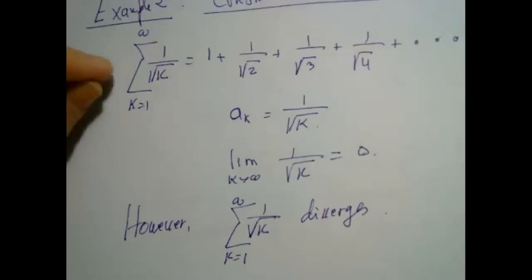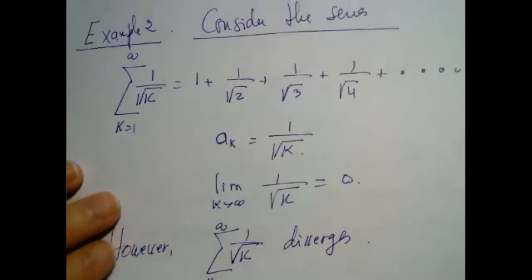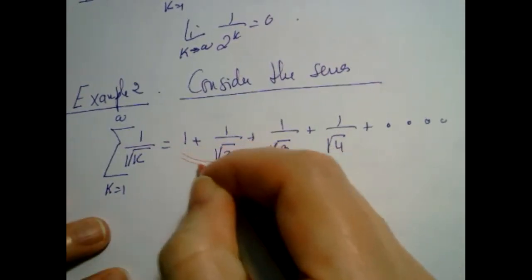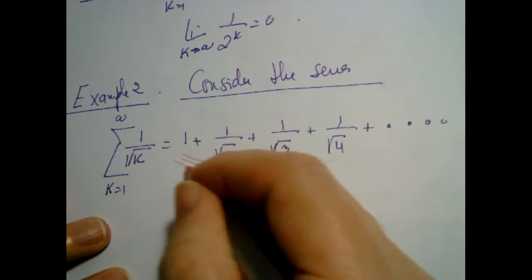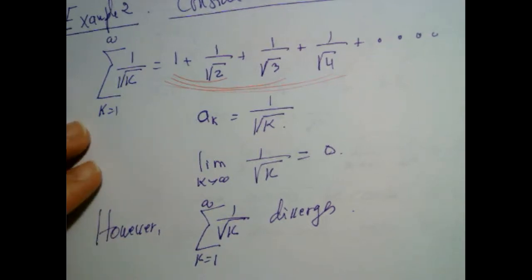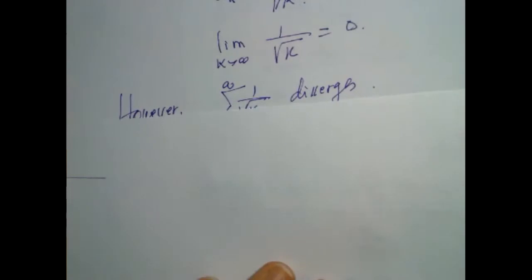Okay, so this is a series, that's the important one, where the terms become small, but if we start adding them, the sum is going to blow up. Even though the terms are small, they are not small enough, so that adding them will still make them go to infinity. The only thing I'm going to show you is their sum, just to convince you somehow that it's